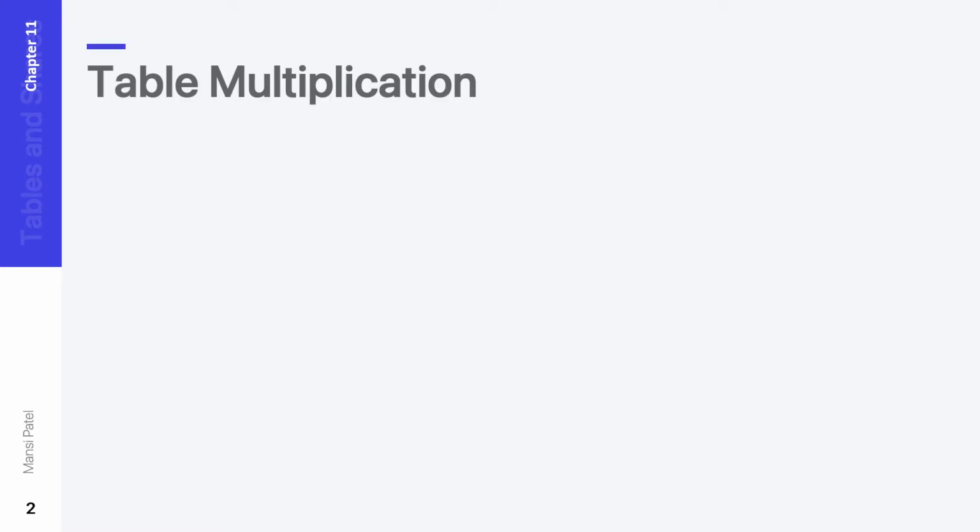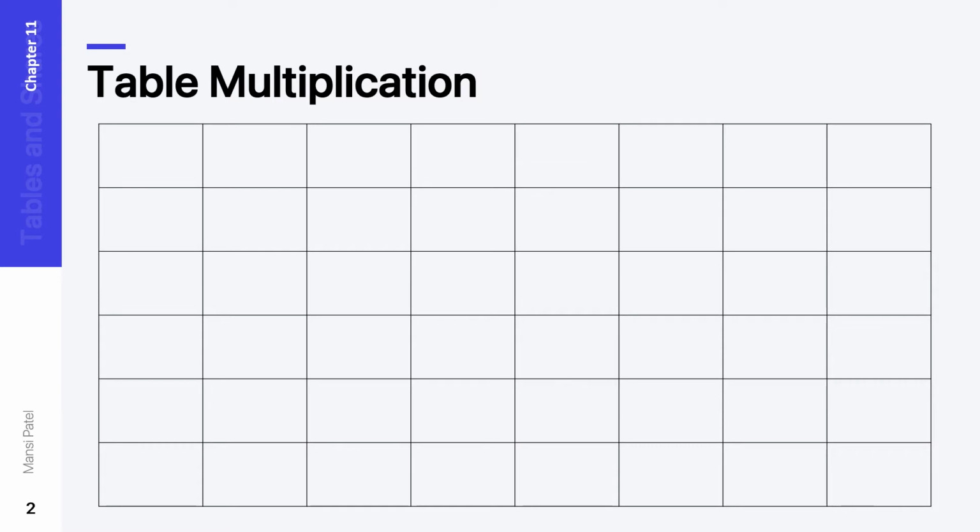Let us start the table multiplication. Do you know what table multiplication is? In this, one table is given, and in this table some numbers are given in rows as well as in the column. Now what do you want to do? You have to find out the multiplication. So in these blank boxes, you have to write down the multiplication of rows and columns. Now, how do you do the multiplication of rows and columns?